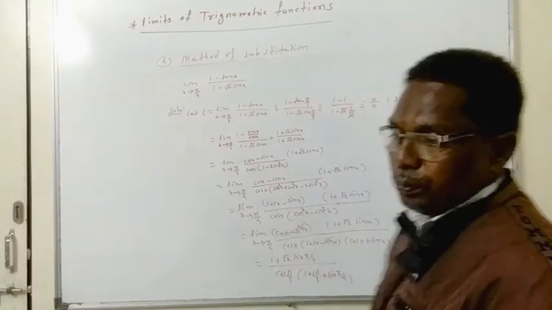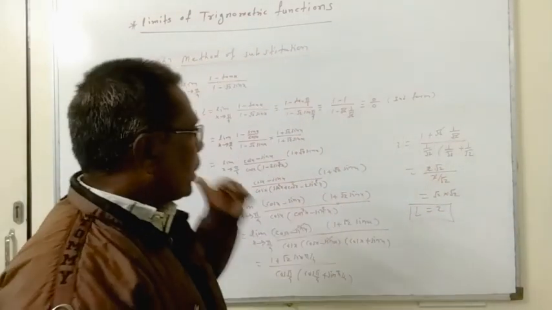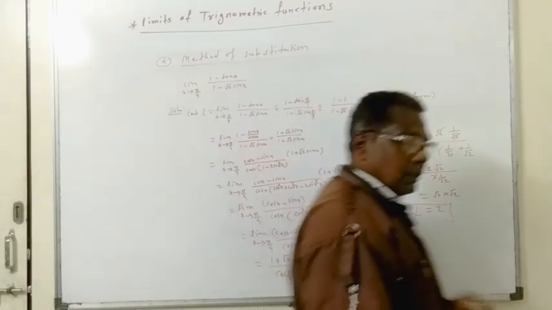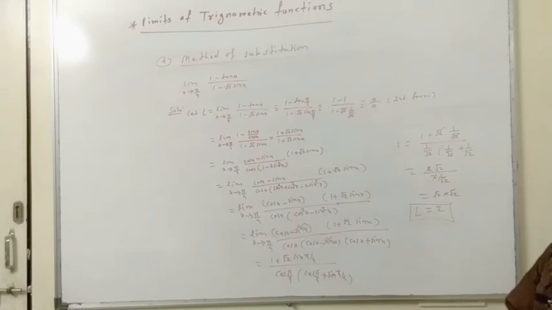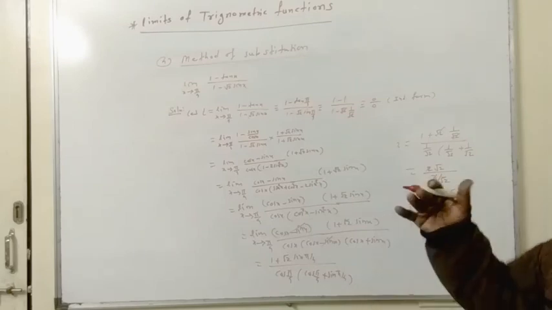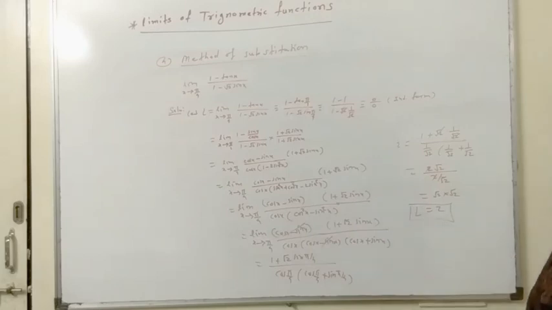Now from this example, keep in mind that when we take the decision, you should not go directly to the method of substitution. Always, when the example takes the form other than 0, and the direct method fails, we go to the standard formula method. We convert the example into the standard formula and apply it. That is, limit x tends to 0, sin x upon x is equal to 1, and limit x tends to 0, tan x upon x is equal to 1.